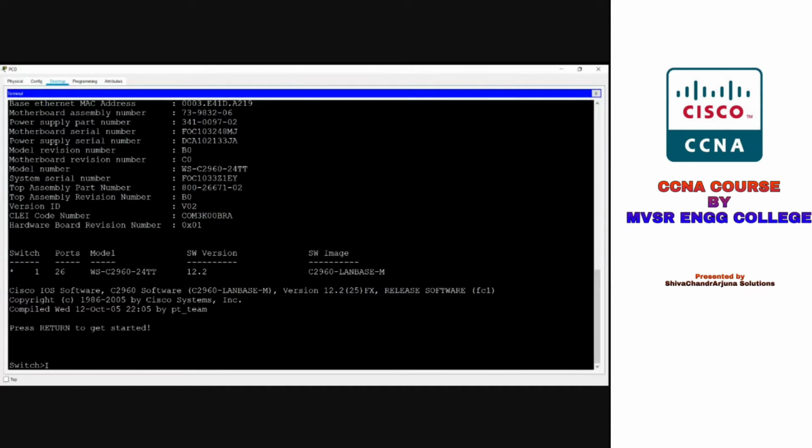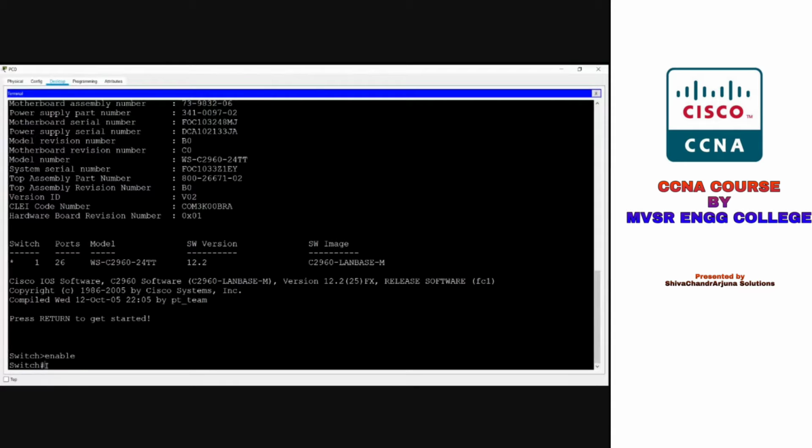Next one is the privileged executive mode. Privileged executive mode allows access to all commands and features, and ends with the hash symbol. So how to go to the privileged mode from the user executive mode? Just type enable. Enter.